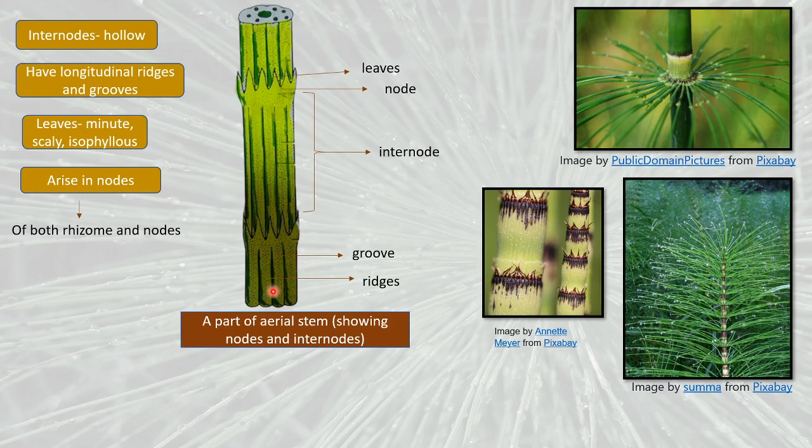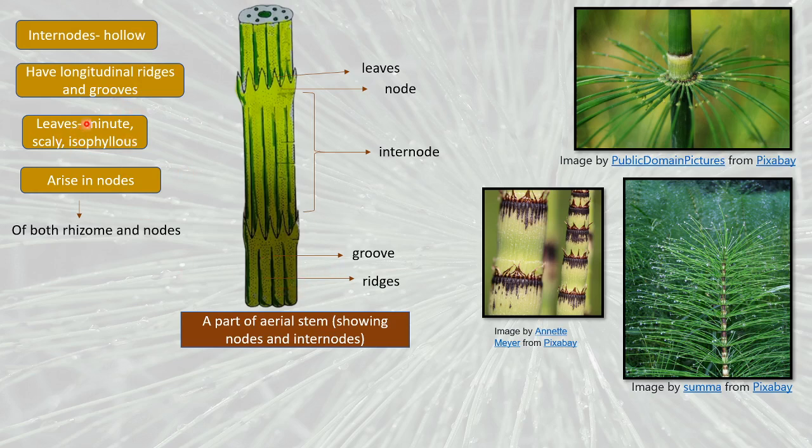So grooves are depressions, dents, whereas this is the ridges. Ridges are like a hilltop, these are bulged, these are heightened, right? So when I say ridges you can remember mountains, and when I say grooves you can remember valleys. The depression is the valley and the ridge is the mountain. So a groove is a depression, whereas a ridge is a raised area, right? So there is presence of ridges and grooves in the internodes.